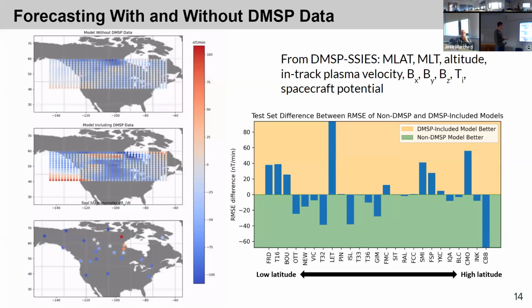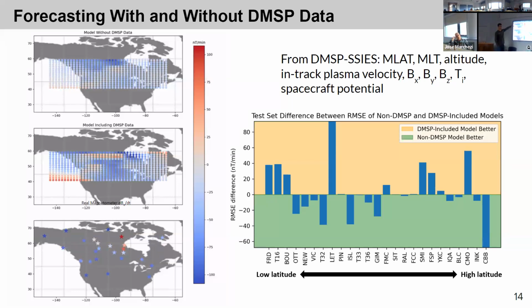So this is one of the tests I've done with that. There's a little title mismatch here, but in this, I compared a model that forecasts the ground magnetic perturbation from solar wind data with this spherical elementary current systems interpolation method over North America. In one model, I just did that. In another model, it uses both the solar wind and data from the DMSP satellite, which is in a very low orbit, together to try and forecast what the ground magnetic perturbations will be. The DMSP has some ion parameters and then magnetic field parameters.